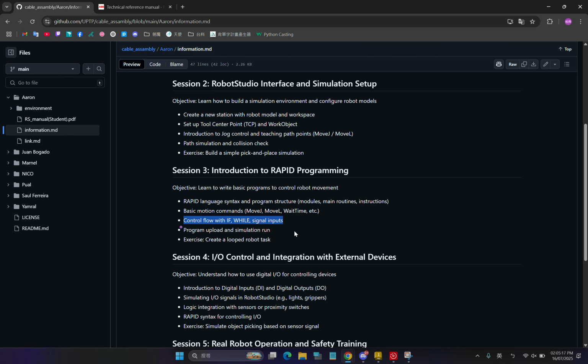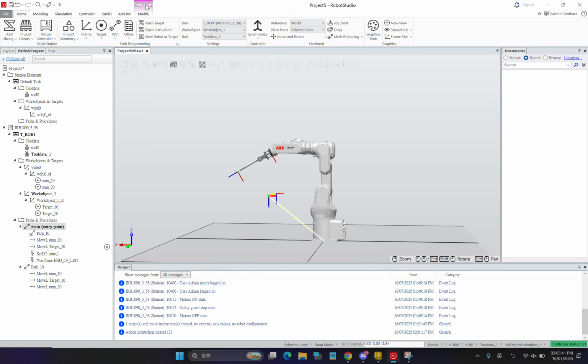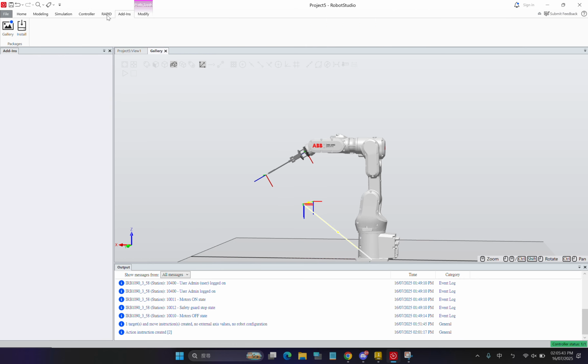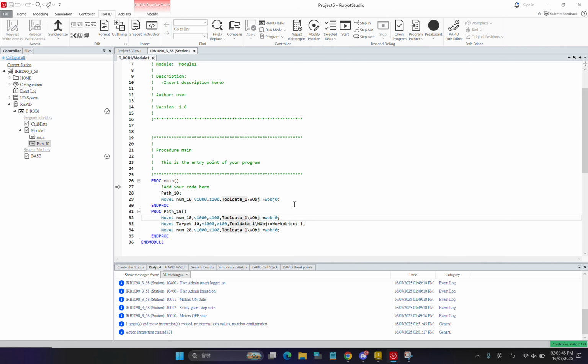Because everyone has written code before, right? But I think everyone has a sense of the if and the file. So in RAPID